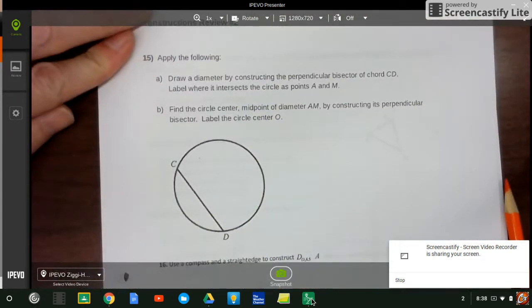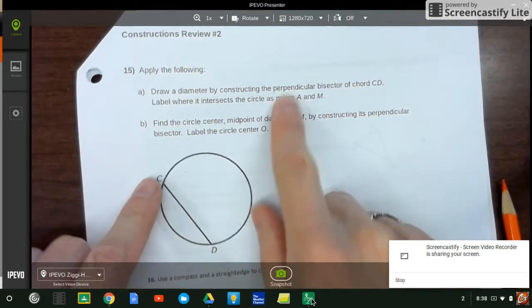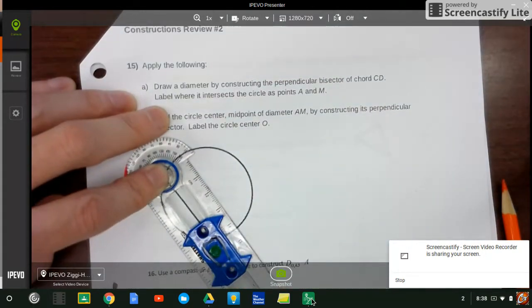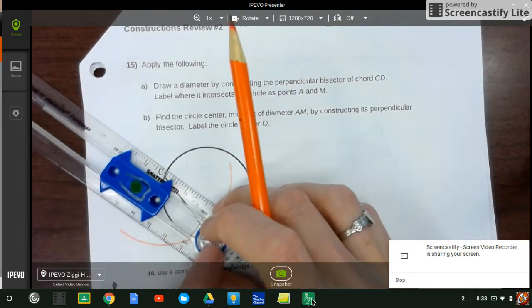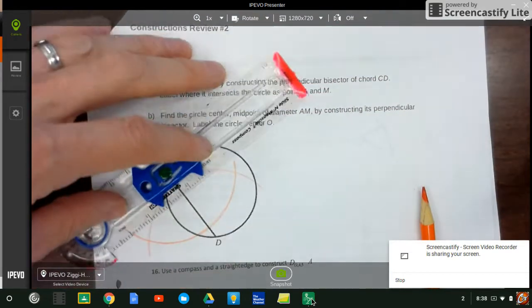Okay, so number 15. 15 is actually telling us what to do. This is another way to create a circle center. So the first one's to do a perpendicular bisector of the chord. So when I do that, that's pretty simple. Do my perpendicular bisector. Go to point D now. And that gives me